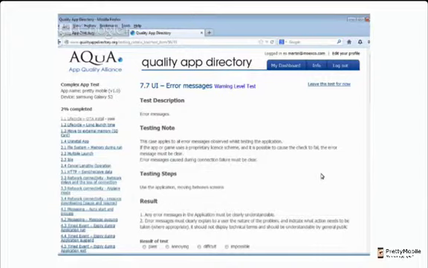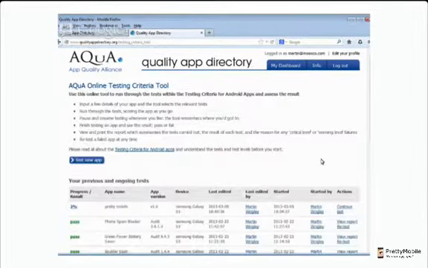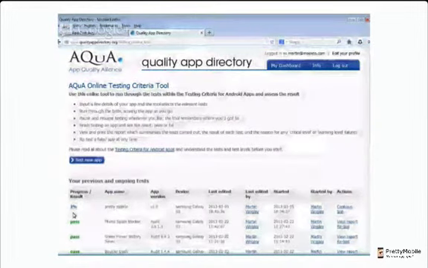Okay, right. So we have a few minutes left. So let us now finish where we are in the testing for now. You can see I've come back to my list of tests that are ongoing. You can see that I've got 2% completed on the test that we were just starting. If we had gone through the full test, it would be coming up with either a pass or a fail,